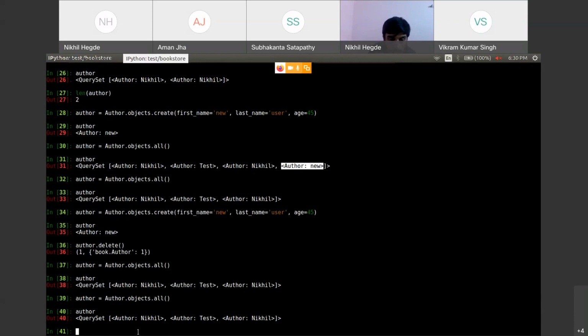So assume that I don't want to print first name. I want to print age of each author. Here you can see that I am not able to see the age of any of the authors. I'm seeing only first name. So if I have to print only age of each author, how should I do it? Can anyone of you guess?